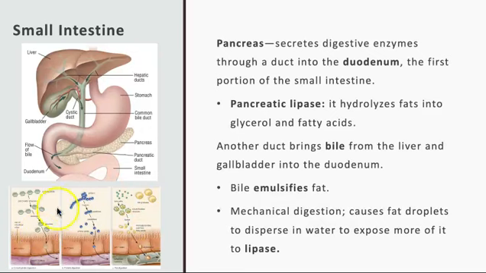I included this little image down here just to show you the breakdown of some of these larger macromolecules into their smaller components. So here we see our carbs are being broken down into our disaccharides and then into our simple sugars such as glucose, and it moves right through our epithelial cell that lines the small intestines and into our blood capillary. Then we have our proteins that get broken down into dipeptidases like trypsin into smaller components,